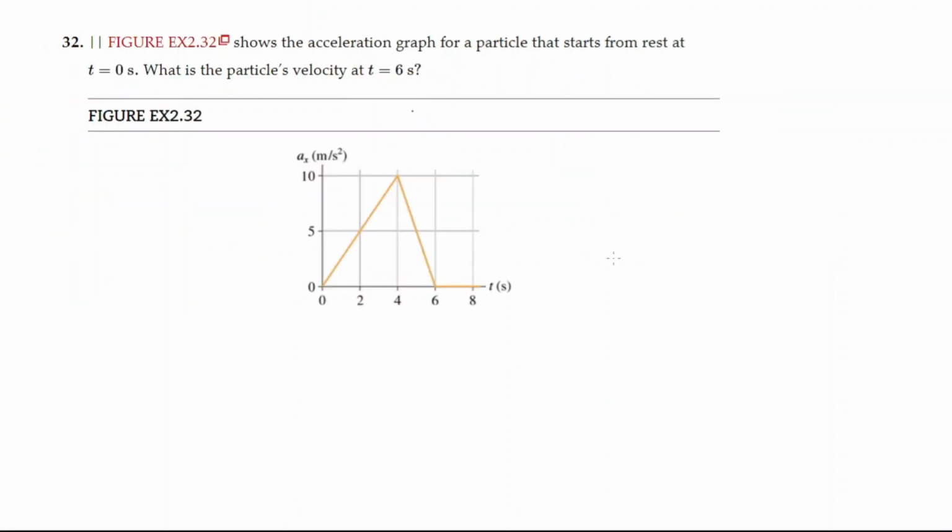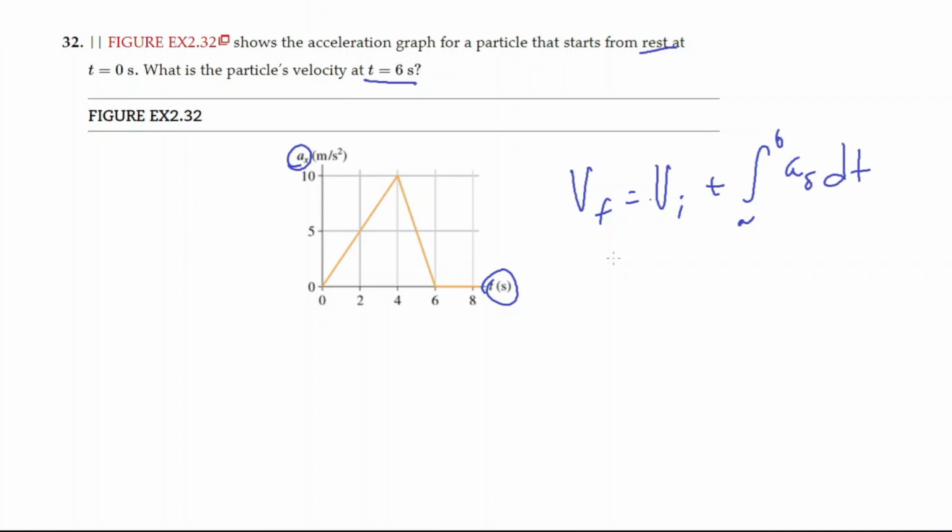Alright, so let's move on to number 32. This figure shows an acceleration graph for a particle that starts at rest at t equals 0. What is the particle's velocity at t equals 6? So again, we have an acceleration versus time graph here. What we could do is find the area under this line right here, and that'll give us the final velocity. So again, we would use this equation: Vf is equal to V initial plus the integral of the acceleration